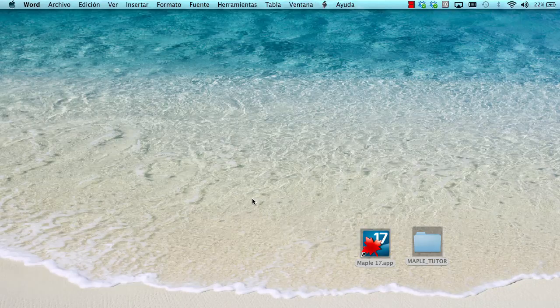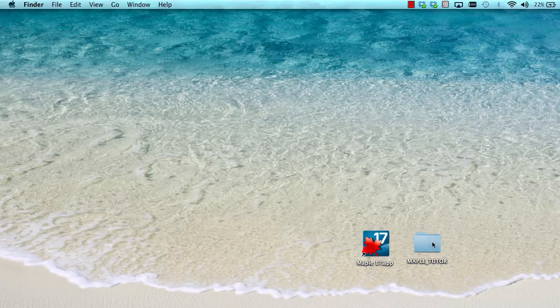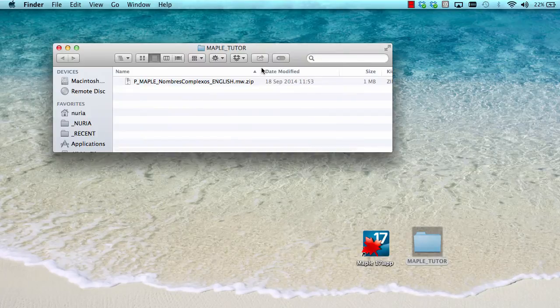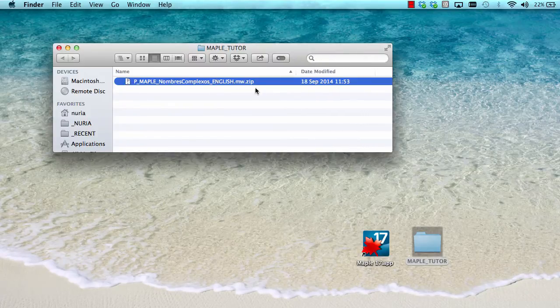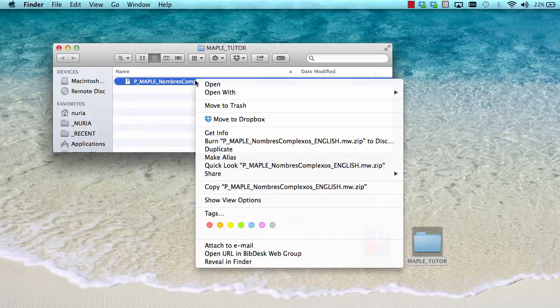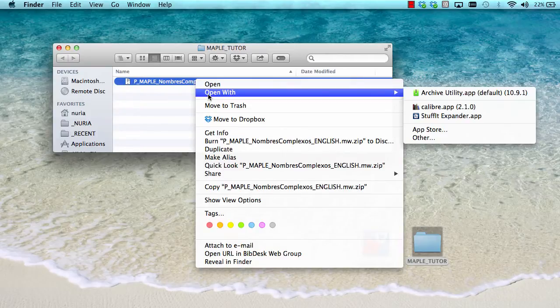In this tutorial, we are going to learn how to work with complex numbers using Maple. So the first thing we have to do is to open your folder. You will have this prepared file. It's a zip file, so we are going to have to unzip it. In my case, I have to do open with